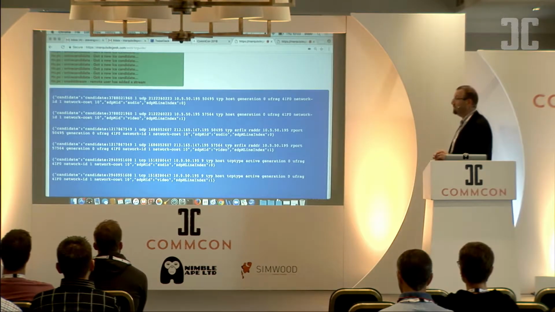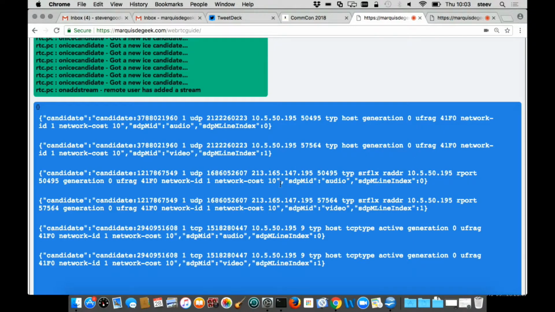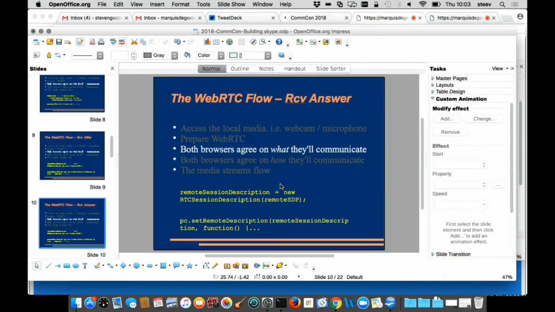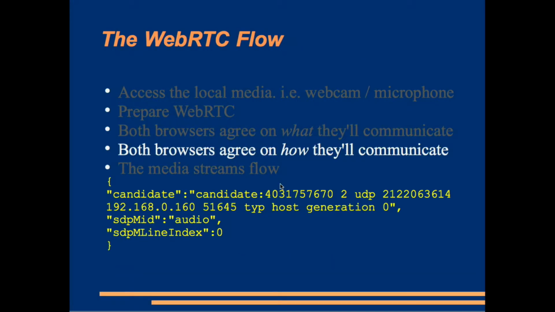These things. When these SDPs happen, it's got a lot of information there about what that machine is, where it is on the network, and what it's doing. And this comes to the part of how is it going to communicate. And this is where the ICE candidates come in. Now, ICE is